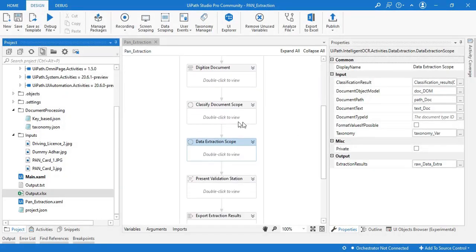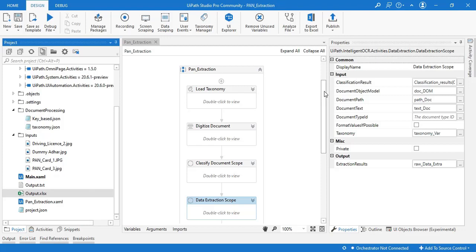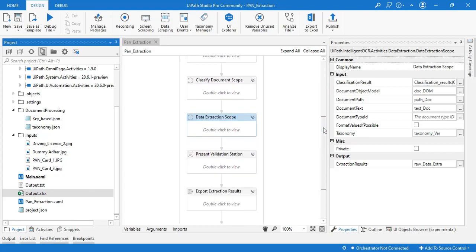Just make the changes in the classification scope and data extraction scope. Select the right configuration and select the right template, and done. We will be able to use it for both the license and PAN card. Same can be done with the Aadhaar card as well. Would you like to try your hands on Aadhaar card? Let me quickly summarize what all things we learned in this video series. We have created a bot which can extract the data from PAN card and put it into a structured format like Excel, and same bot can be used for the license as well as Aadhaar card.